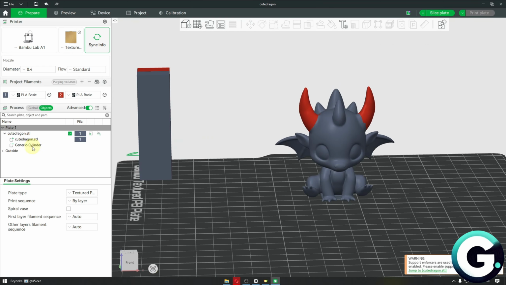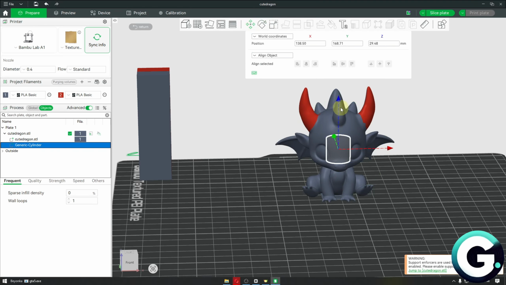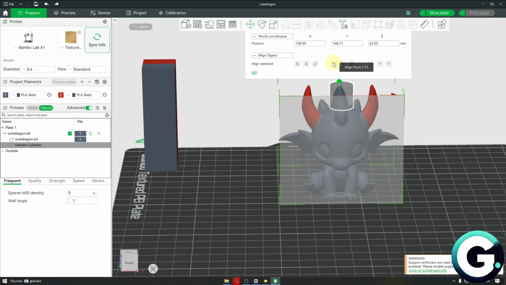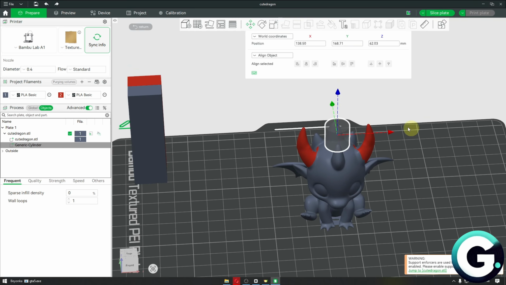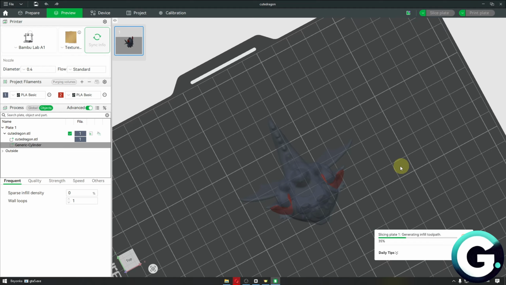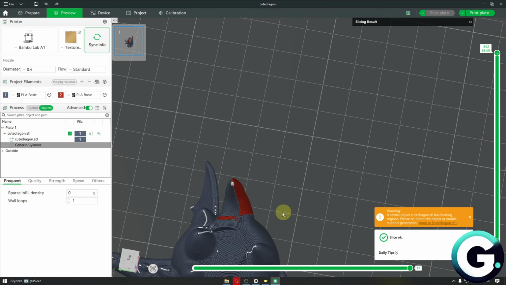But the most important thing on this edit is going to be making sure that they collide with each other. So in my case, I've made it this way. The last thing to do now is to click on the slice plate option, and then it will apply the hole that we have made. And basically from there, you are good to go. As you can see,